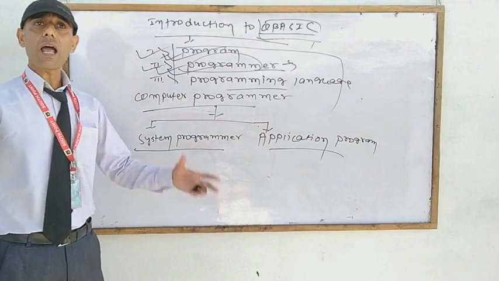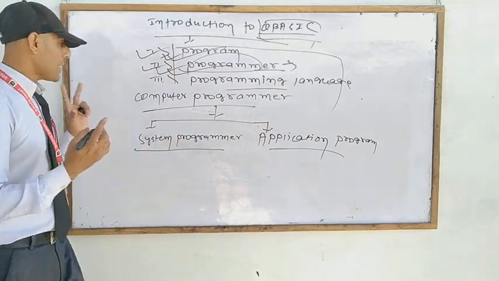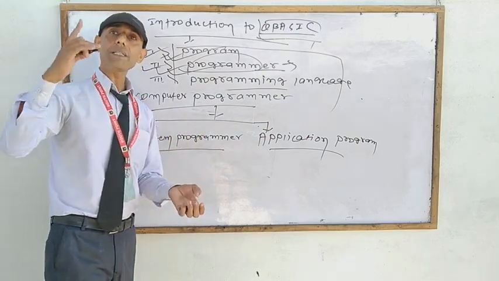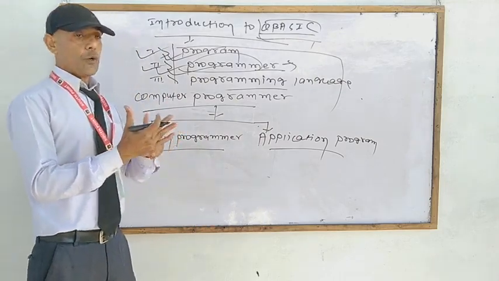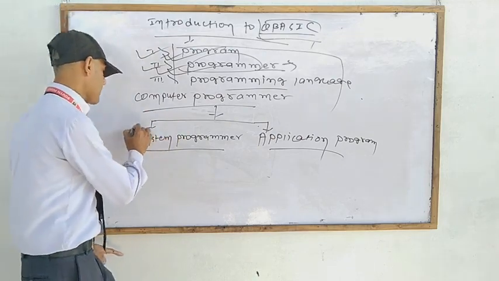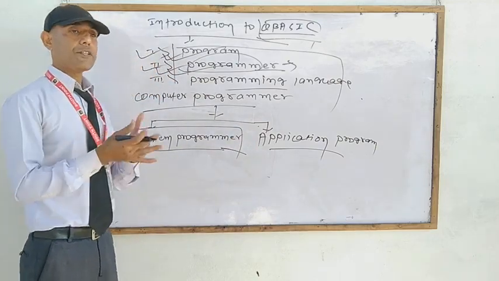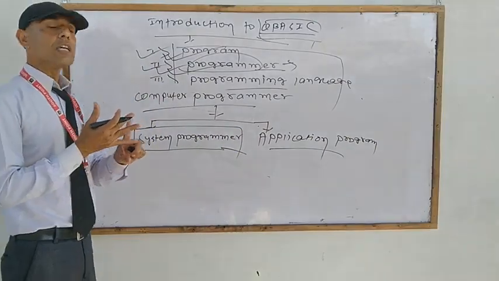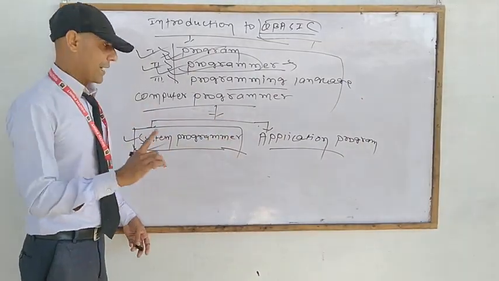Hello students, you all know there are two types of software. One is the system software, other is the application software. Let's discuss the system software. What is system software? The software which is designed for the computer systems or devices is called system software. So those persons who design the system software, like the device driver, operating system, language translator, utility software programs, are called the system programmer or engineer.